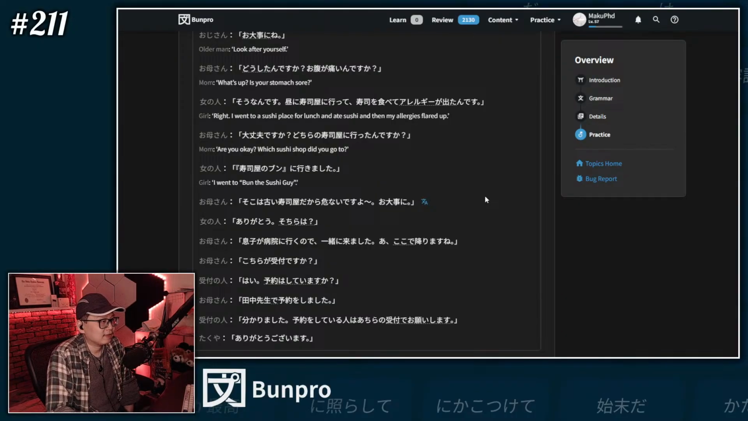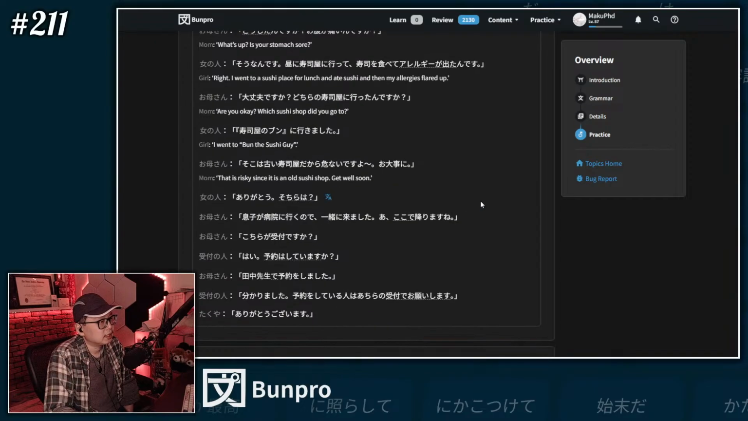Then the mother said, you know, in terms of being at that place, it could be dangerous if there were old sushi, right? Take care. Right, get well soon. It's risky since it's also... Oh, now it's referring to the also she played. Okay, I'm not sure how I feel about this statement. Okay, arigato, and then